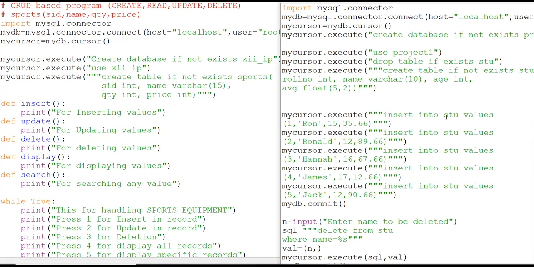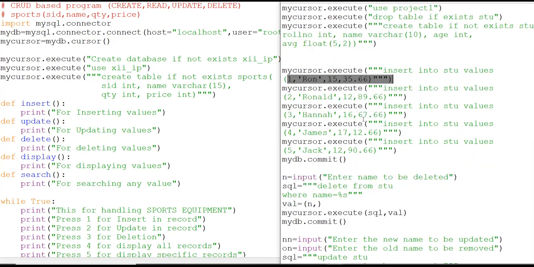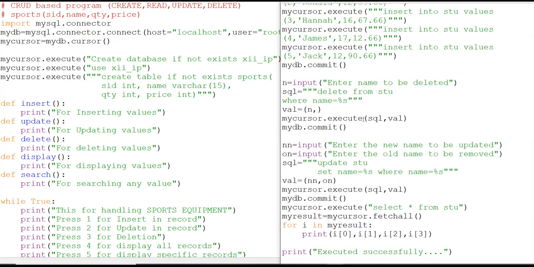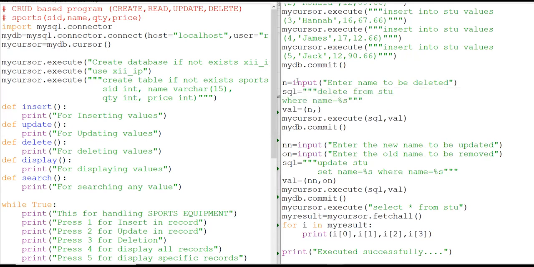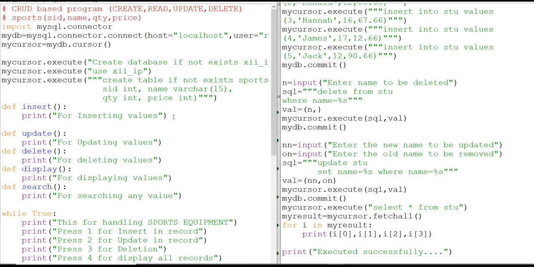Insert into your table name, then the values part, then whatever your values. Secondly, these are all constant values, but I told you that if you want any value from the user, first you are going to ask the value. For example, over here, ask the value, then write your SQL statement, then its value part, and then you can pass it over here. Okay, so like this, we are going to discuss how we are going to ask all the values. Now you can see that in your table, a total of 4 values are there. So all these 4 values, here we will ask in the insert function.